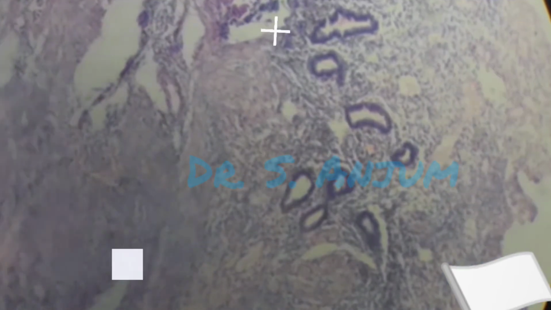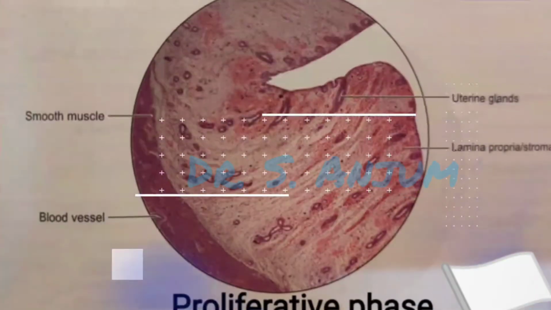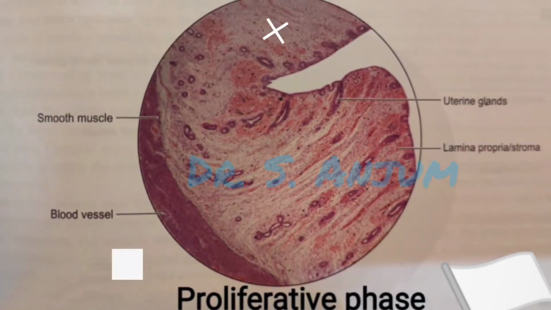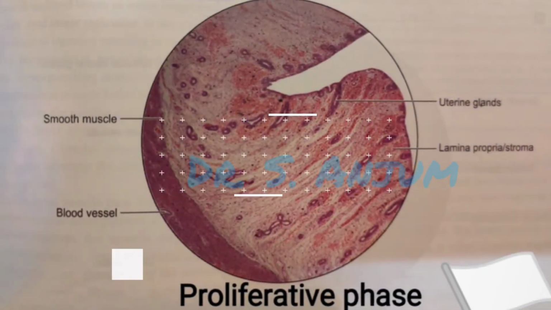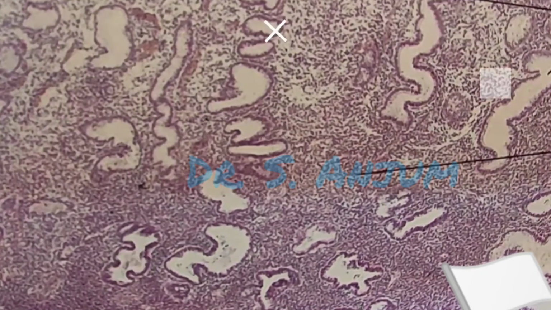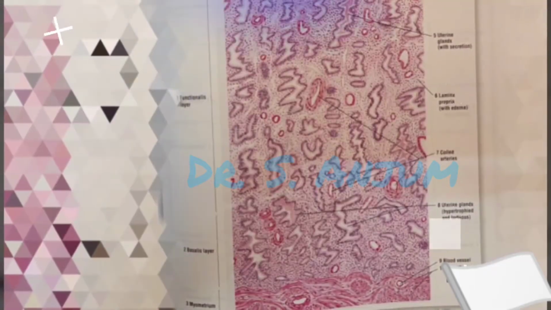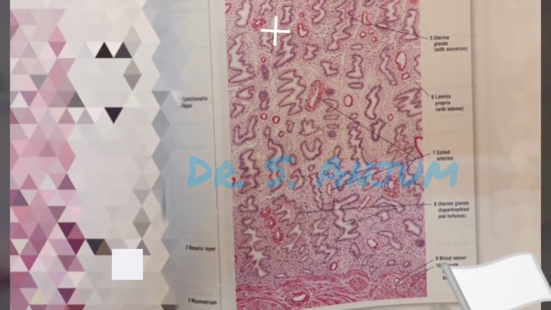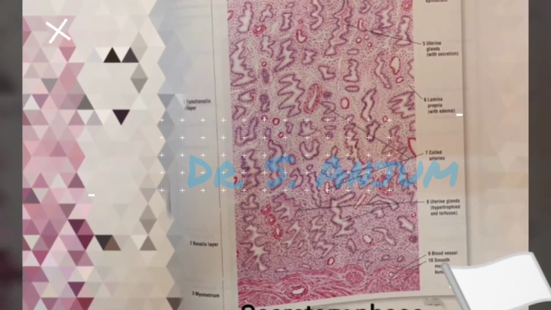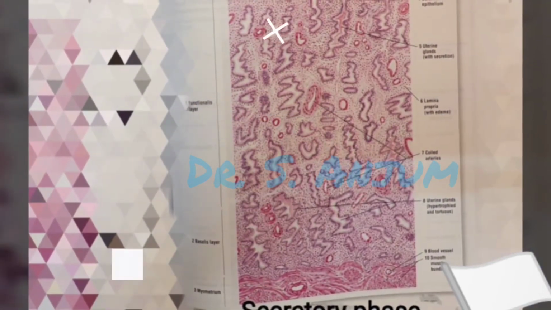The body extends from the fundus to the isthmus, and the isthmus is the narrow constricted part separating the body from the cervix. Below the isthmus, the uterus becomes cylindrical in shape, and this part is known as the cervix. The uterus has a very thick muscular wall of endometrium, myometrium, and perimetrium from within outward.